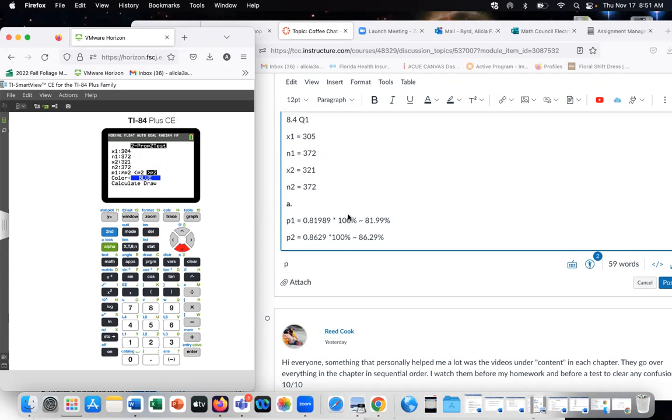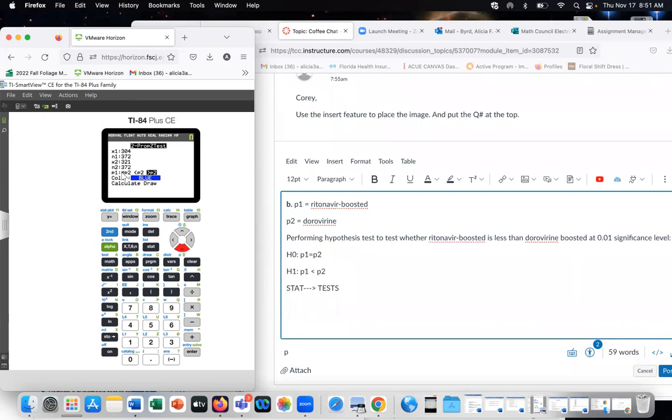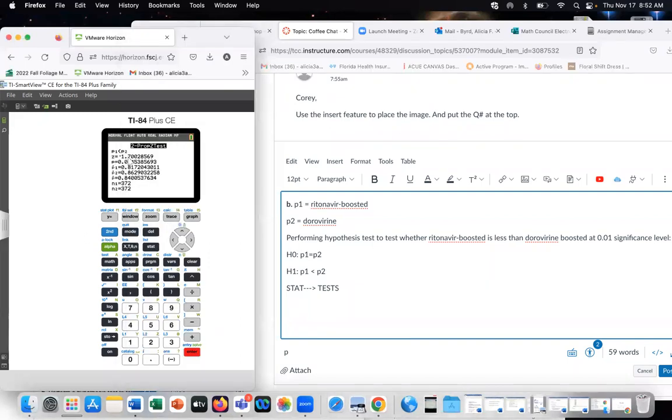For ours, it's P1. We said it was less than, right? So we're filling in our null hypothesis, our alternative hypothesis down here, because the null is always assumed to be that they're equal. So we're gonna just do the P1 is less than P2. We're gonna go down and we will calculate that. And when I get here, I now have, so you get your Z value out. And the P. Oh. So my Z value is,